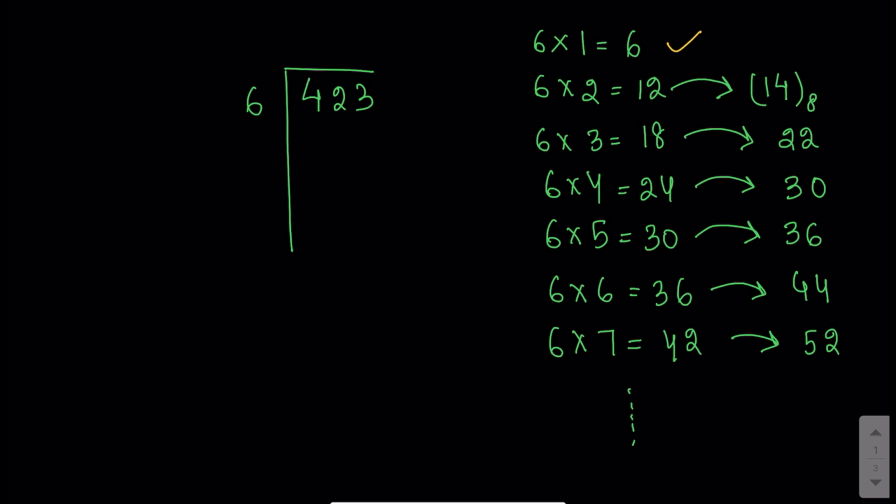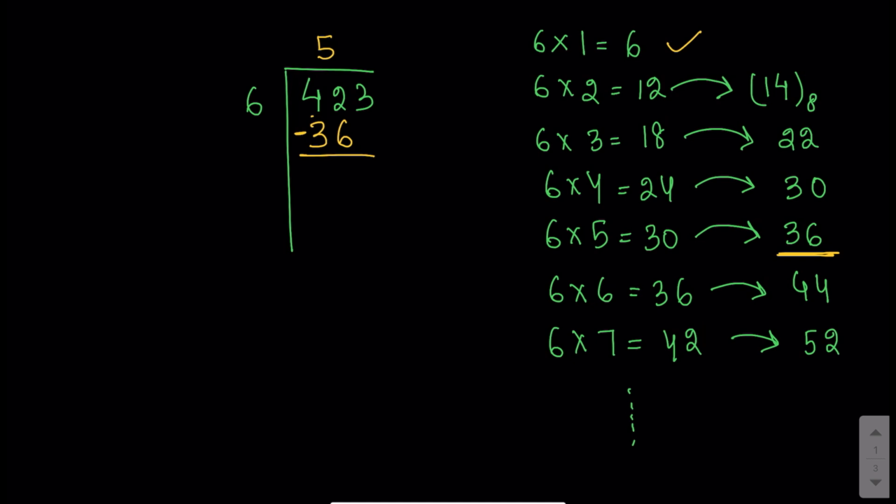Now let us start with this question. If we divide it in this way, we can see that first we need to search for the number 4, 2. So when we see this table over here, we have the nearest number to 4, 2 is 36. So we'll first perform 6 into 5, which is 36 for us as per the octal number system. So we'll write 5 over here and 36 over here.